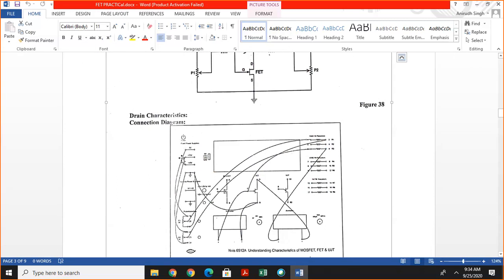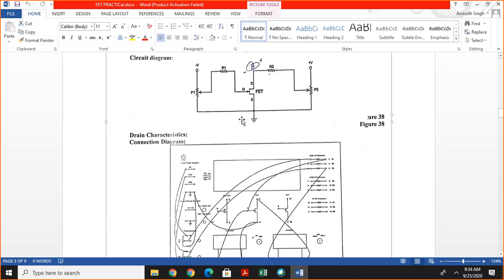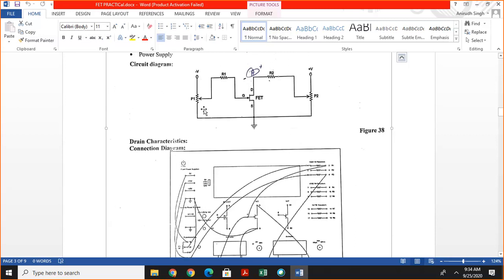In this drain characteristic, this is minus 5 volt supply. So minus 5 volt supply, this terminal is connected to potentiometer, and next terminal is connected to the ground, and this is a variable terminal. This variable terminal is connected through a resistance to the gate. Here you see that this is the connection.